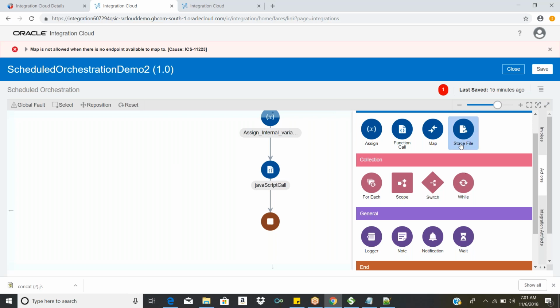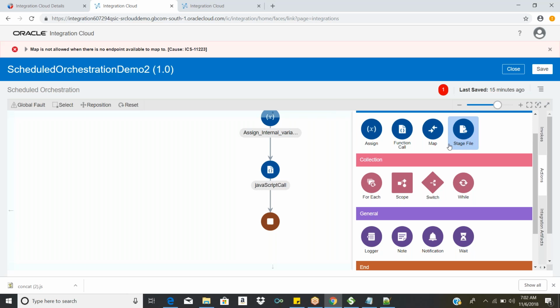It's not like if you copy some file into the stage file, you can access it in a different integration. It's only specific to this integration. There are a lot of concepts in the stage file, but as I told you, if I want to start any concept on stage file, I have to tell about the FTP integration first. So FTP connection. Only then can I tell about the stage file, because without the FTP concept I cannot tell the stage file.